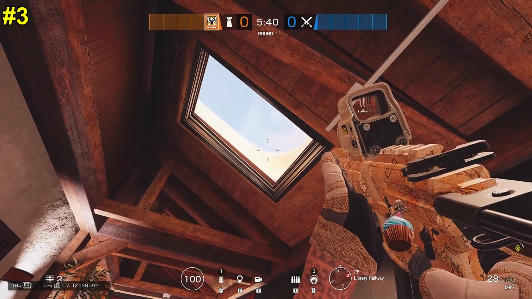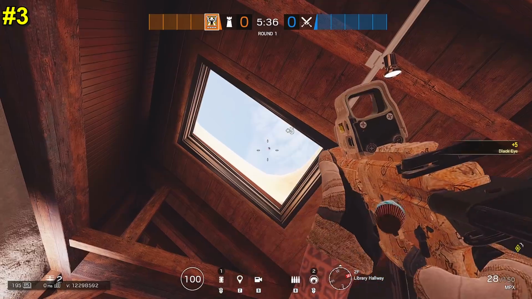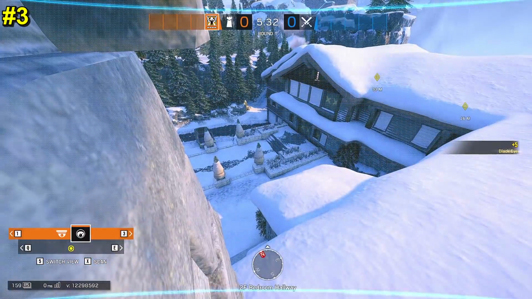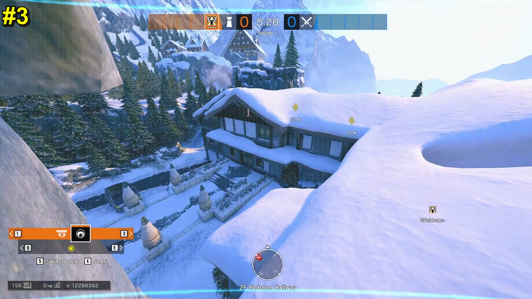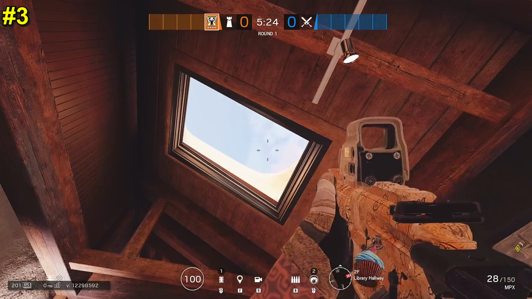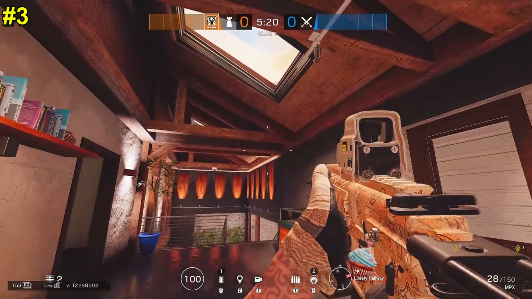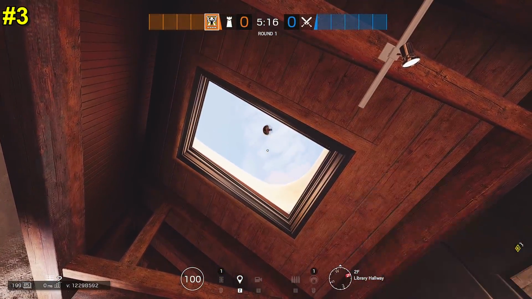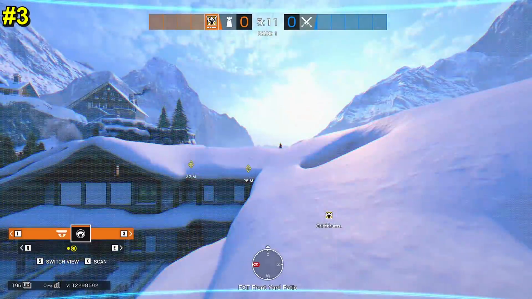Tip number 3 is going to be a Valkyrie Cam spot. Now, I know a lot of people will probably know this one, but it's one that I really like using at the minute. On Chalet, if you're outside the library, opening this window just here in the roof, you can throw a Valkyrie Cam out at an angle and actually land it onto this chimney. It gives you an incredible view over the entire west main entrance. You can see anyone that's pushing up, and if you're defending the kitchen, this can actually be really, really handy to just gather information on where everyone's coming from,